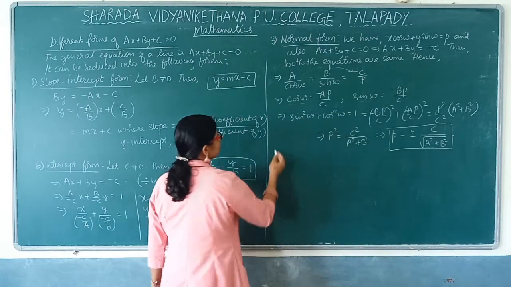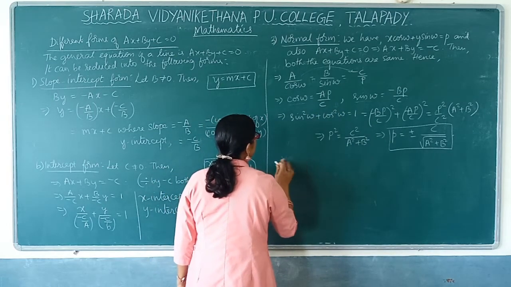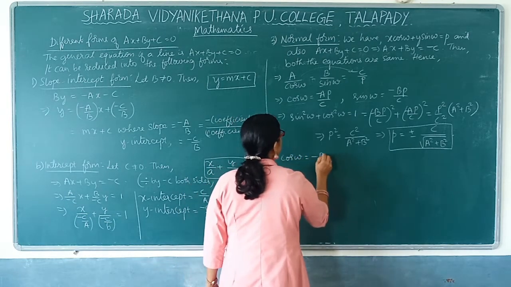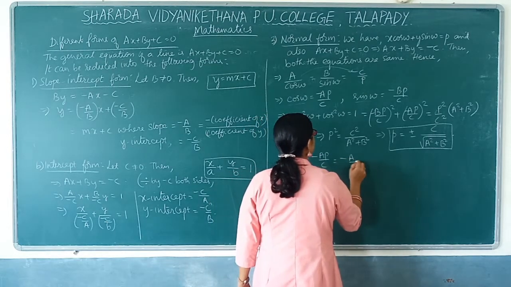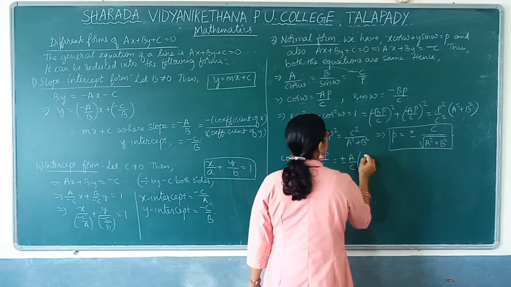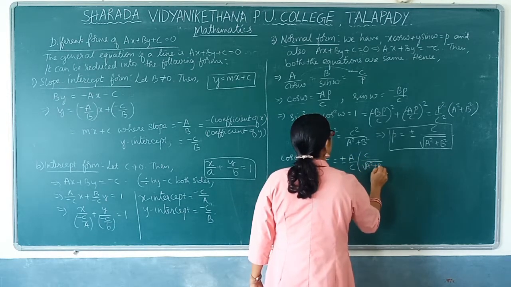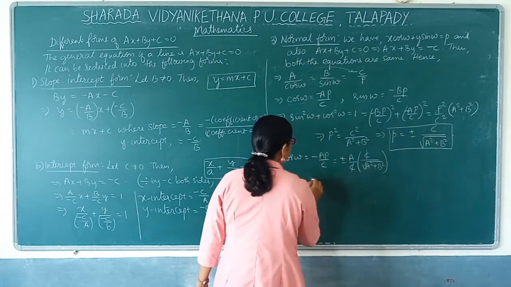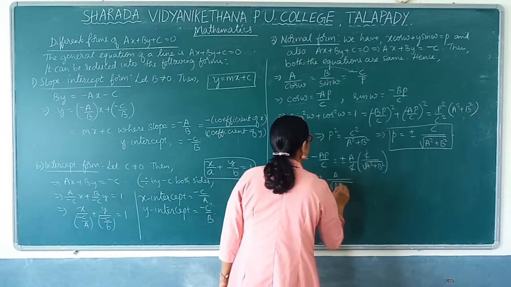Now in the same way we will take cos omega and sin omega. First we will write cos omega. Cos omega is equal to minus a p by c. So minus a by c of p, which we can take as plus or minus c by root of a square plus b square. So c gets cancelled here. So what is left? Cos omega is equal to plus or minus a by root of a square plus b square.